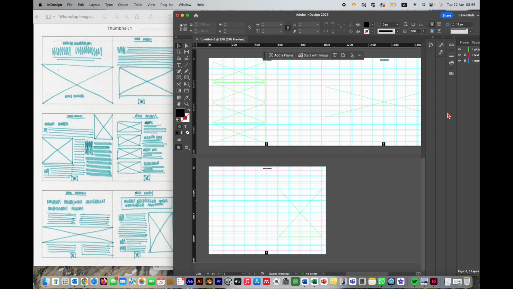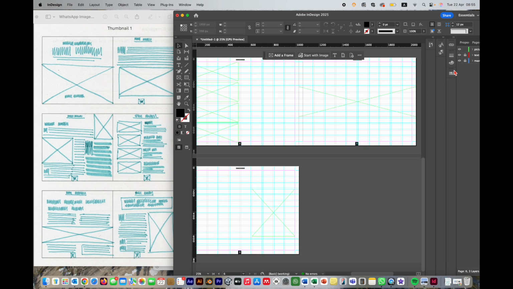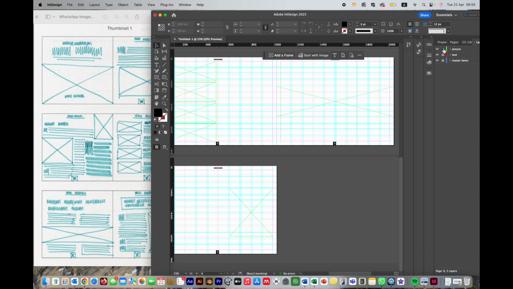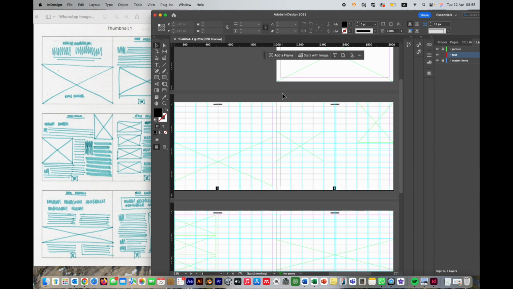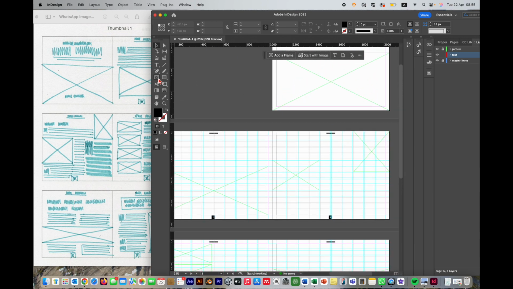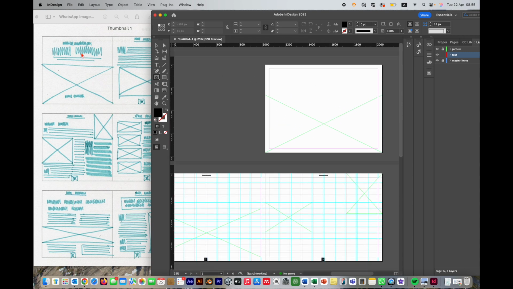So now let's do on the text layer. So I will lock my picture layer and then open up my text, click on text, okay, and my text layer is in red color. So for the text, it is still the same. You are using the rectangle frame tool. Okay, so based on my thumbnail reference, I have one big thumbnails in here. So I think I will just drop first